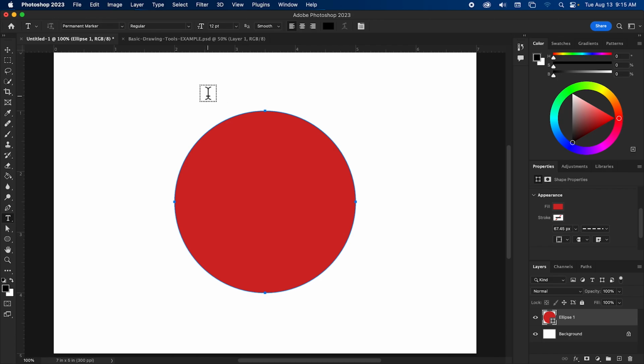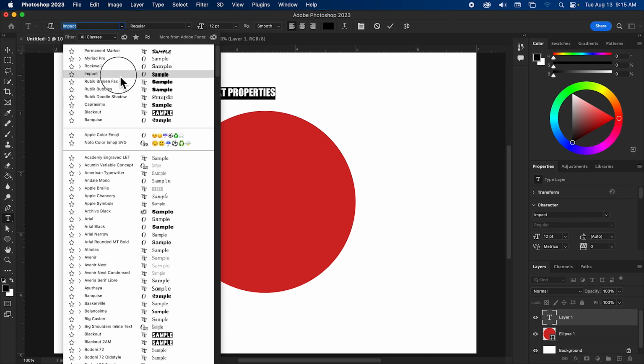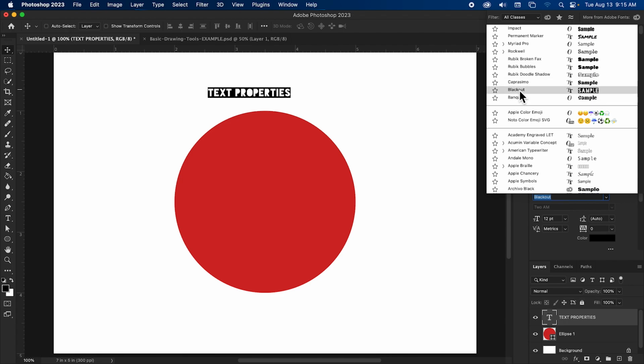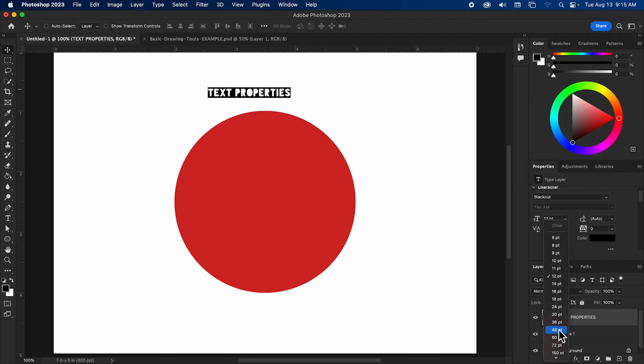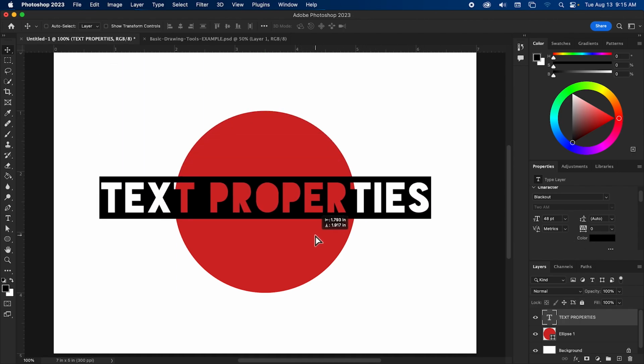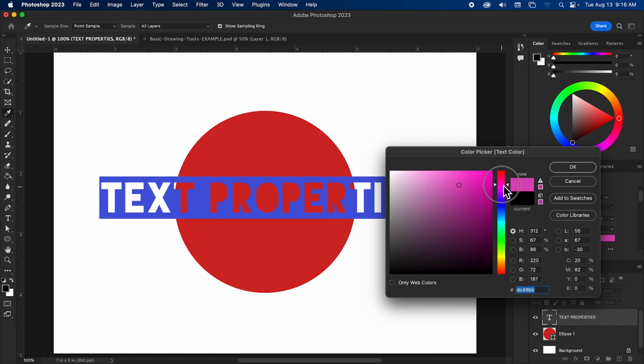The other point where you're going to use properties is going to be with text. Woo. Did I spell that right? Probably. Text properties. As long as I have the text layer selected, I can adjust my text properties: the font, the size, and a couple of other font things that we're not going to get into yet, as well as the color. That's going to hurt my eyes again.